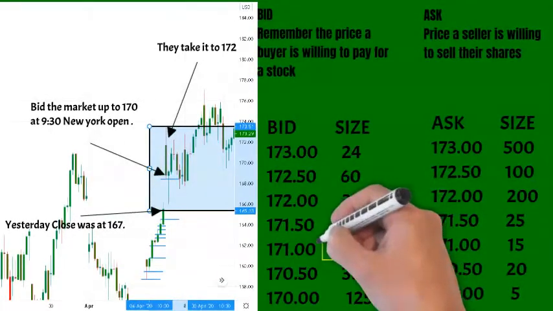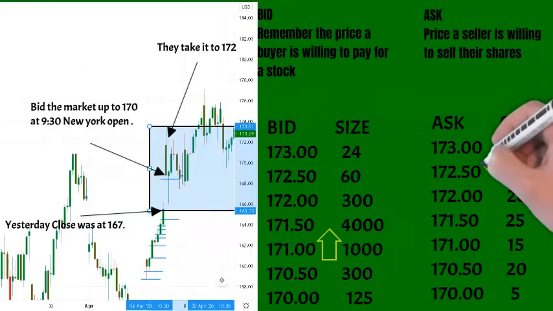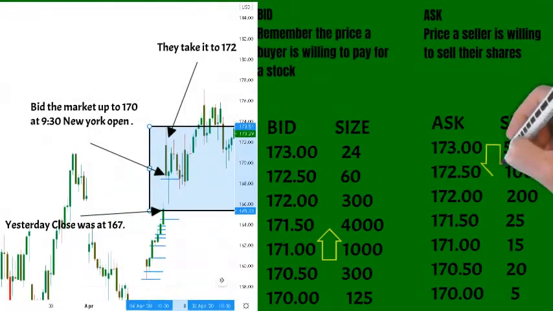Most of the time they subside, and now is when it gets really interesting. Once they look at the order flow and see that these other players aren't placing buy orders like they were, this is what they do. Once they have taken the stock to, let's say, 172, they will have an average of what they sold at. The average, we'll say, is 169. Now what they have to do is what is called a rug pull,